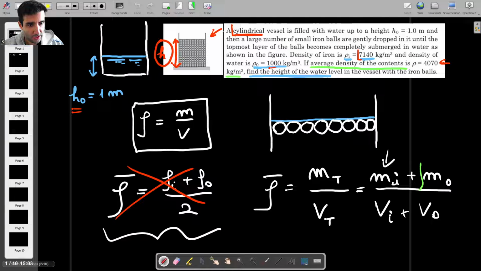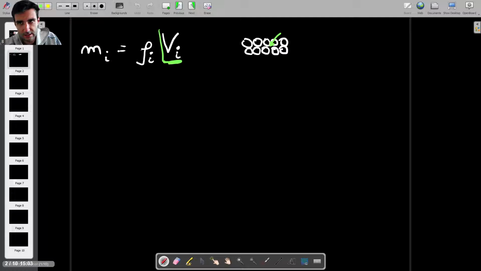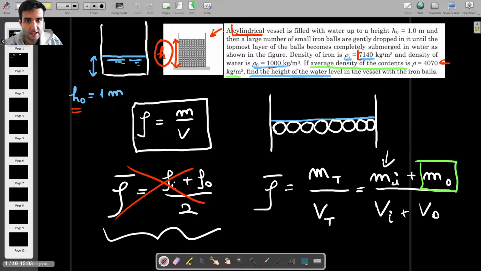So let's now look at this. This is the mass of the water. So the mass of the water is essentially the mass of the stuff that's in between the pellets, right? Because the water fills every nook and cranny. And it just fills, so where there are no pellets, that's where you find the water. Which again, if you look at this scenario, it's difficult to calculate. Instead,